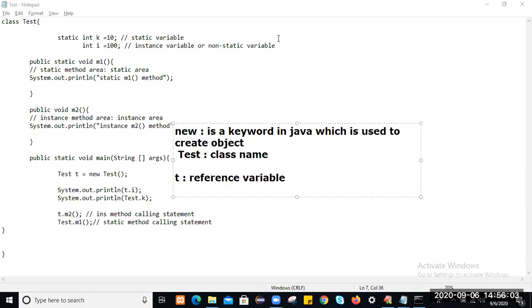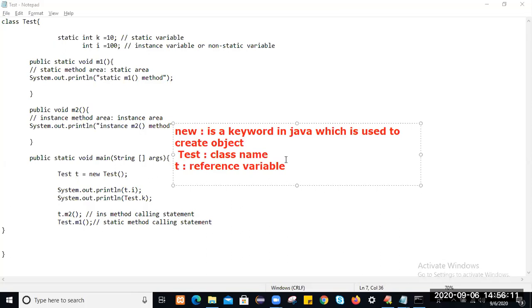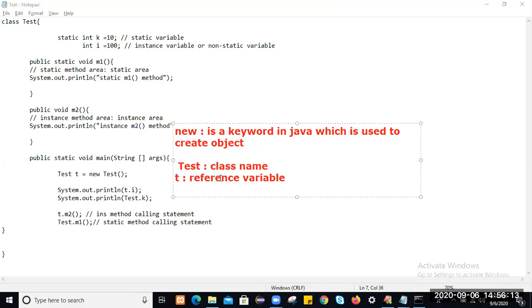Just write this. So what is new? What is Test? What is small t? New is a keyword. Test is a class name. Okay, and this part, new Test, is called the object part.